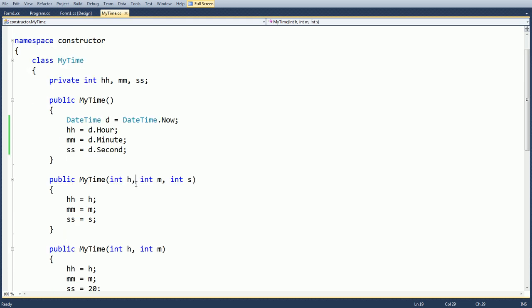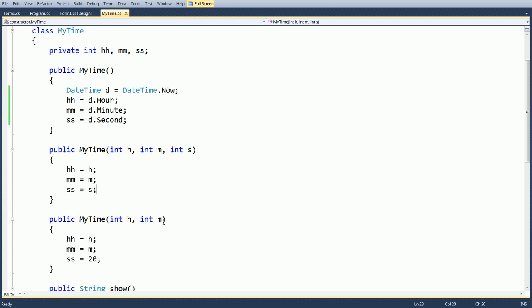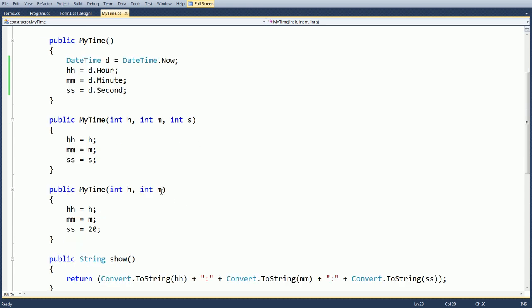The next one is the parameterized constructor. It has three parameters: h, m, s, that is, the value of h will be stored in the hs variable, that is our private variable, and then m and then s, that is hours, minute, and second. We can also overload this parameterized constructor. Here we pass three parameters. You can also pass only two parameters.